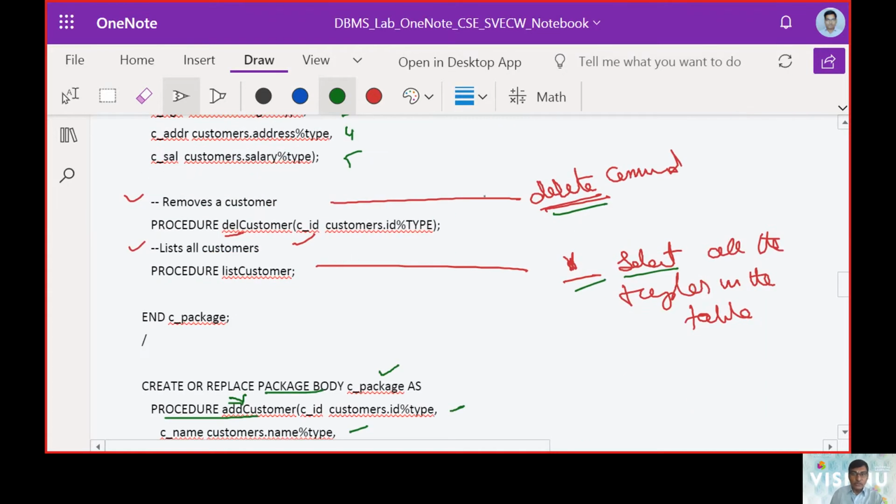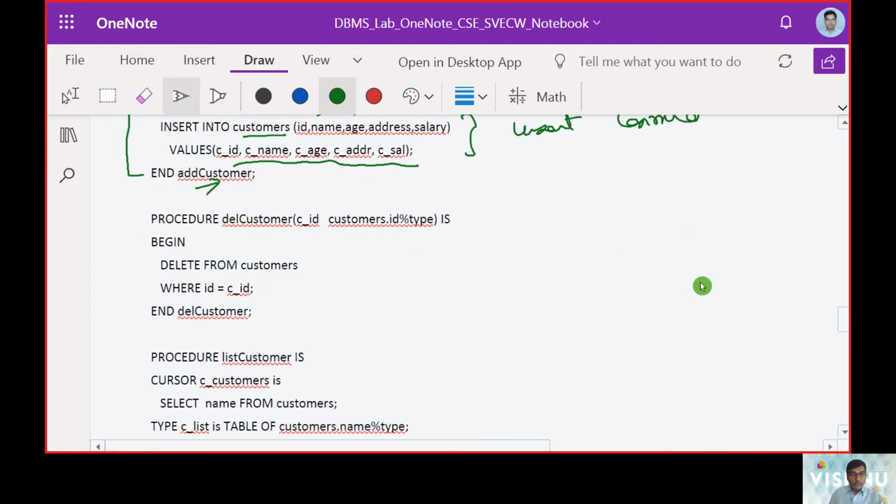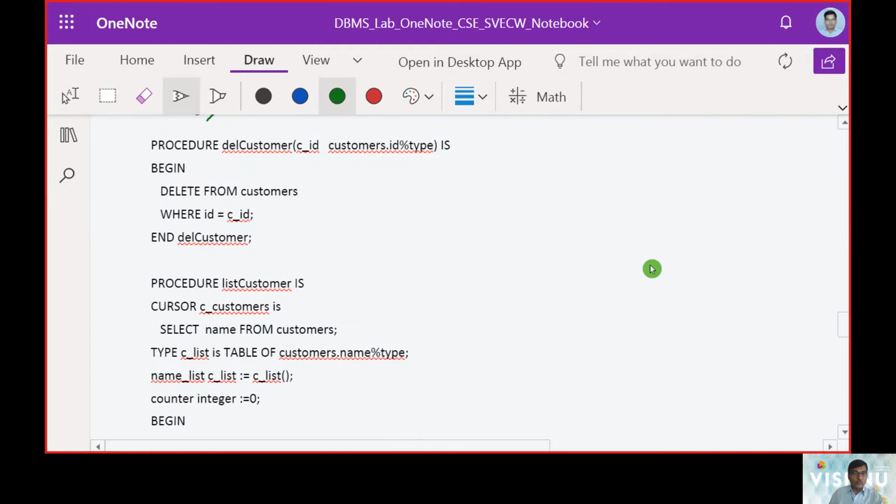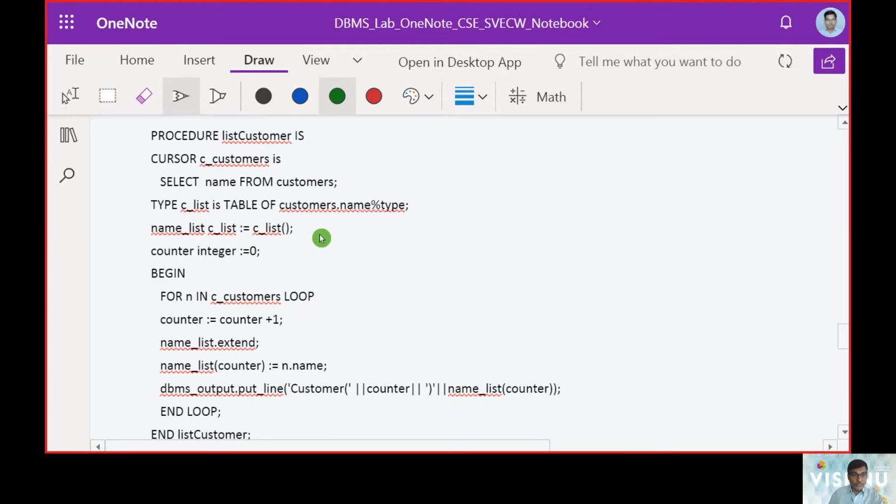Next we should figure out the delete procedure, and we should figure out the complete database printing procedure. So for that we will now practice with the delete. The name of the procedure was delete. Then it says delete from customer whatever ID we want to delete, that item we are going to give. It is record 1, record 2, record 3, whatever item we want to delete, it is going to perform a delete operation.